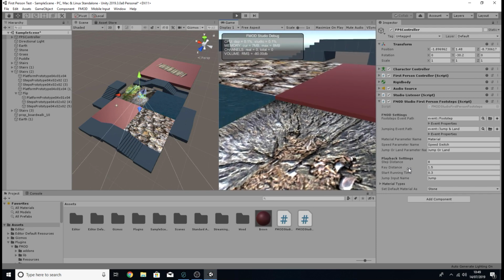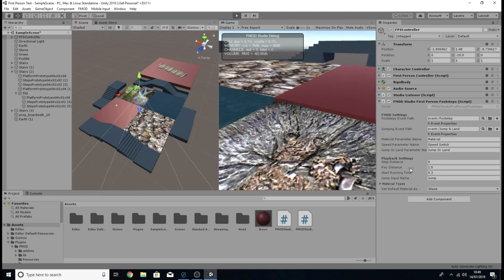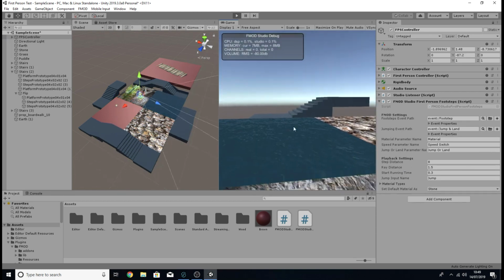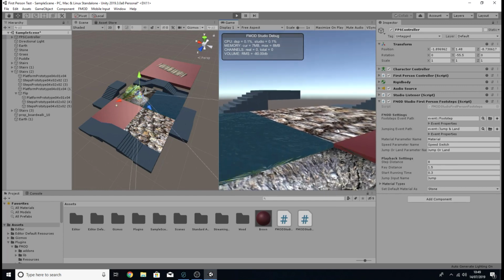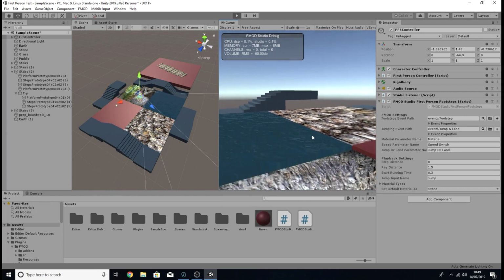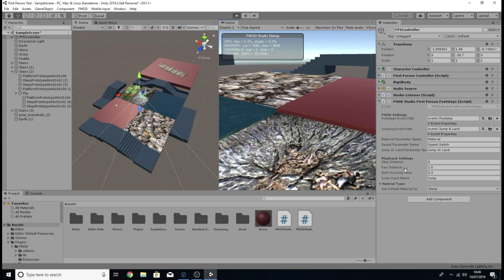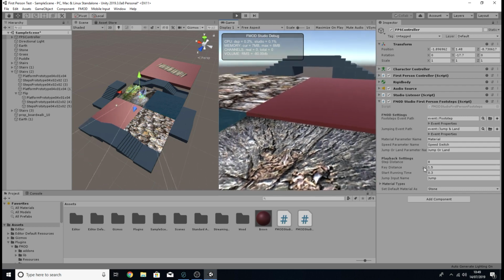So this is something we'll talk about in more detail later on, but to give you a quick idea of how this script works, it's firing a raycast down from where the player is into the ground and then using that to check what material they're on top of. So depending on the different size of your first person controller, you can change how far this